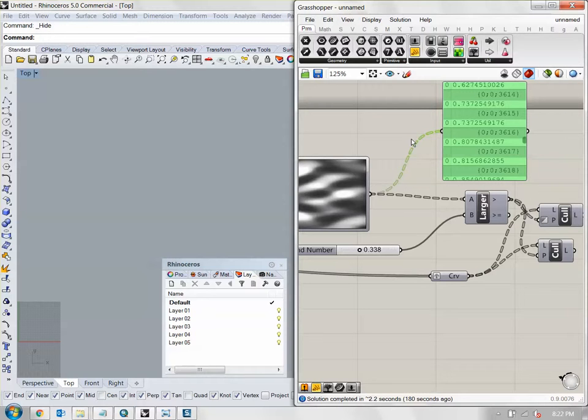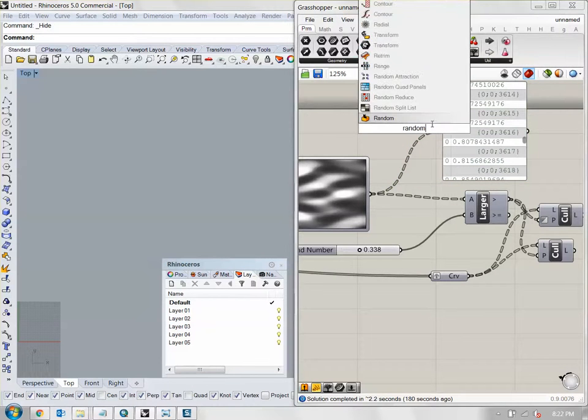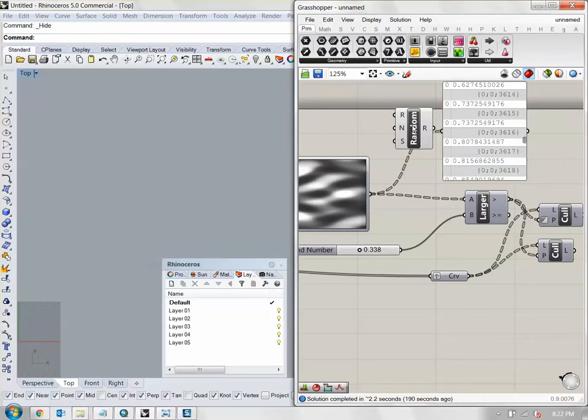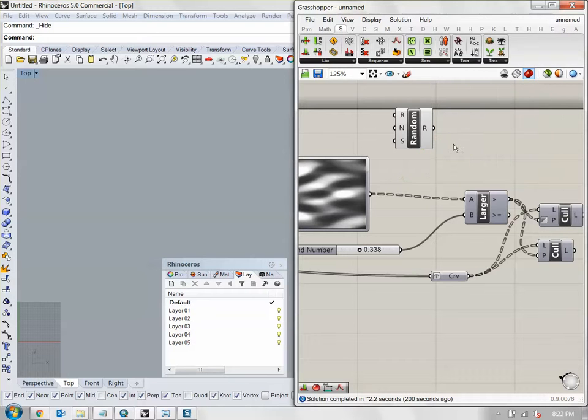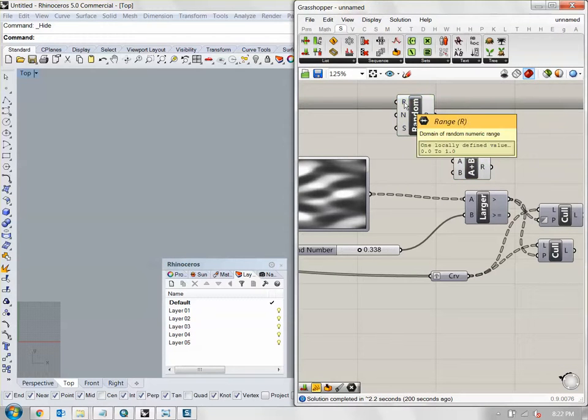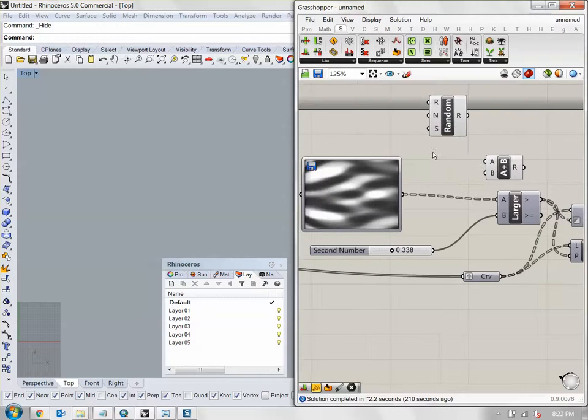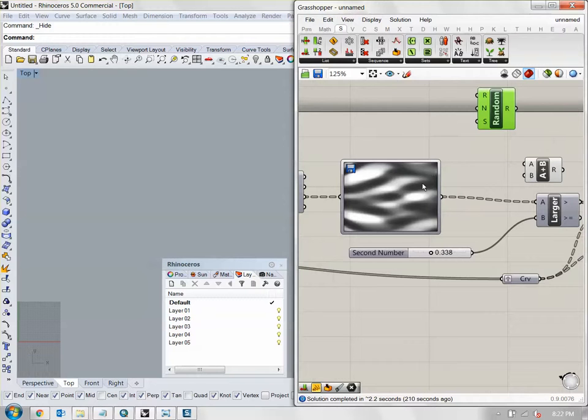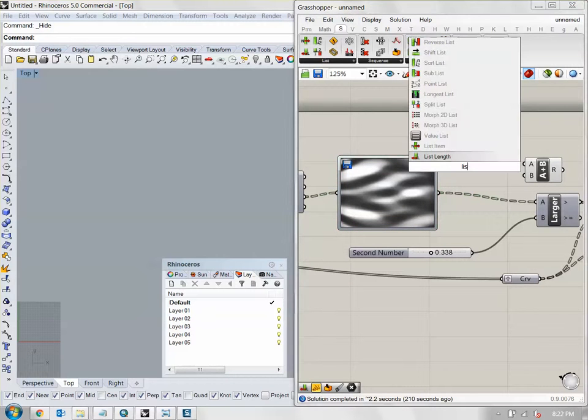What you need to do is add a factor of randomness to this list of numbers here. So type in random and create a pseudo list of random numbers. And what you notice with this random list is there's a box and there's a cat in that box. That's extremely important because I like cats. So what we're going to do is make a range of numbers between 0 and 1. How many numbers do we want? We want the number of random numbers to match the number of items we have in this list here. So type in list length,